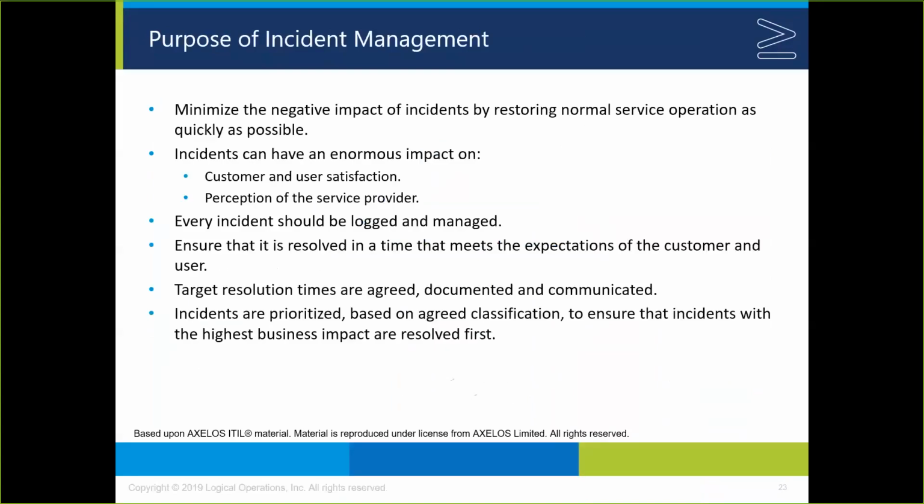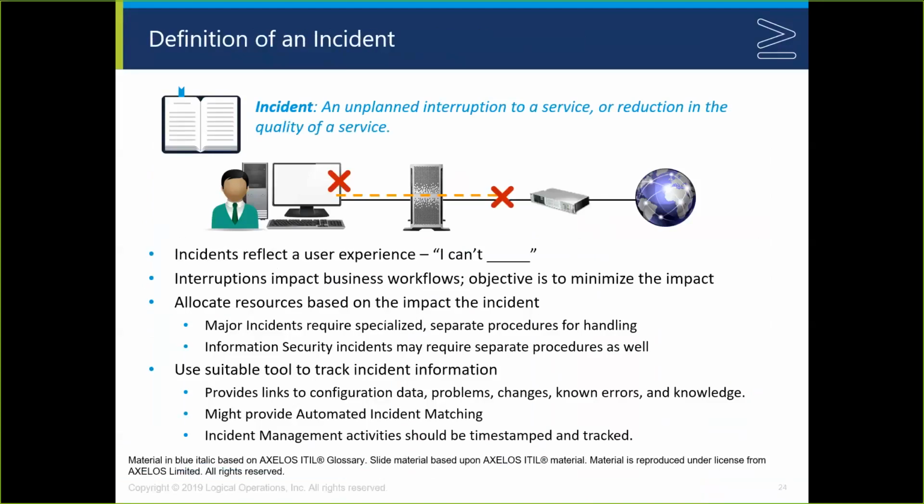Okay, we then get into incident management. All right, this looks a lot like traditional incident management. They don't give us the same level of detail around the activities here. So you're not going to go blow by blow through categorization and prioritization and diagnosis and escalation, but they are going to focus, of course, on what we're trying to do in incident management, right, which is to classify, prioritize, and then actually ensure that we're working on the things that are highest impact first.